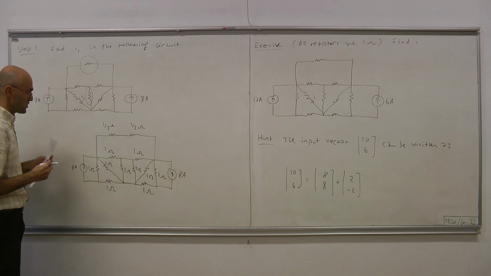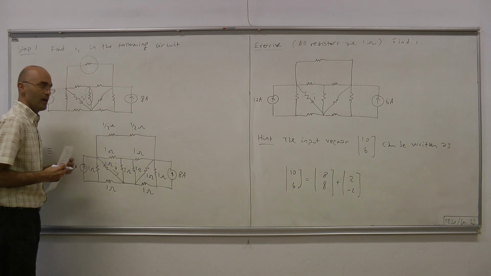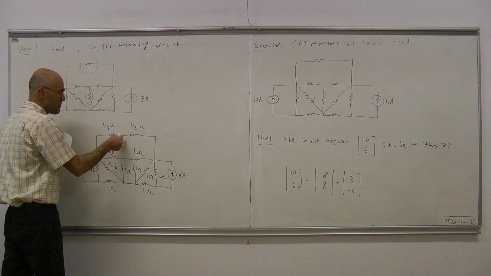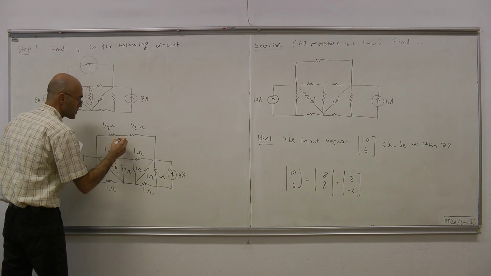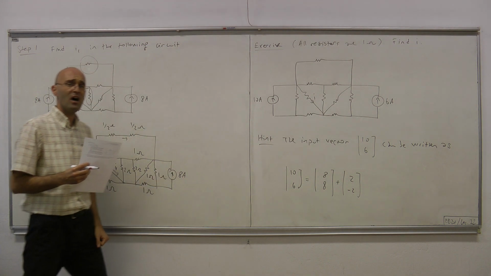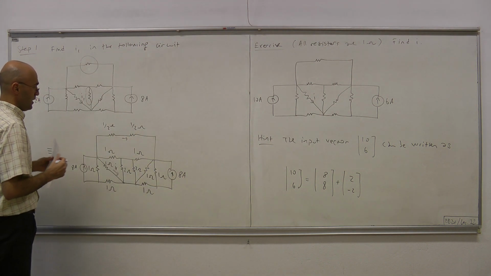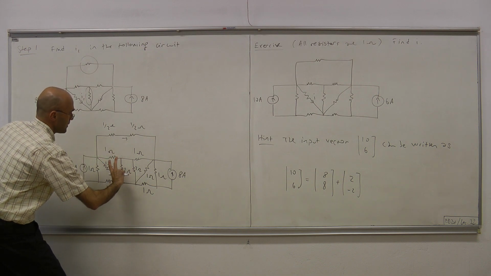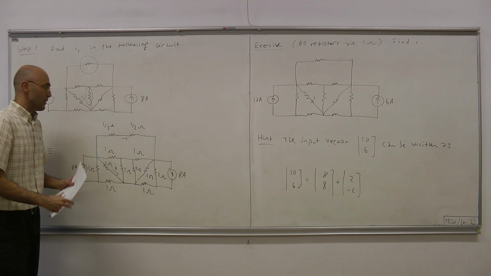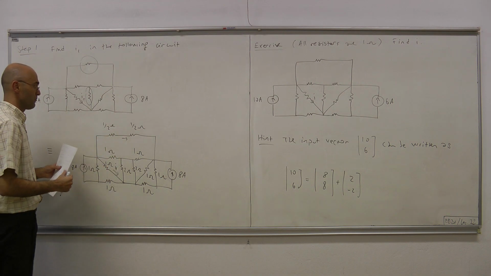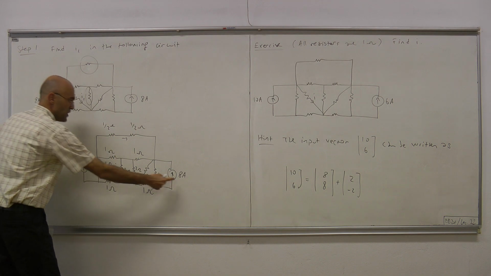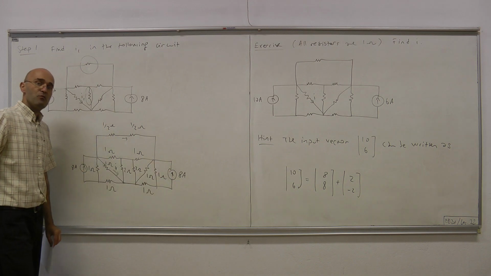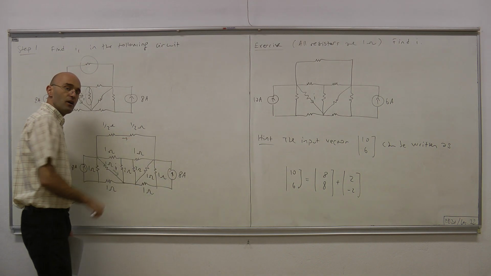Okay? And in this case, we're trying to figure out this I1. Now, consider the current that may be flowing over here. Let's call this current I3. Now, here we have I3. And then what you do is you rotate the circuit around the vertical axis, and what happens is this 8 amp becomes here and this 8 amp comes here. So still it's the same input that we apply to the circuit, but the direction of the current is changed.